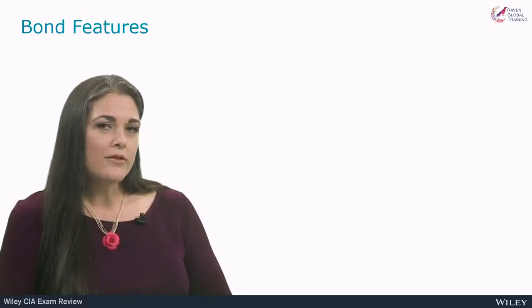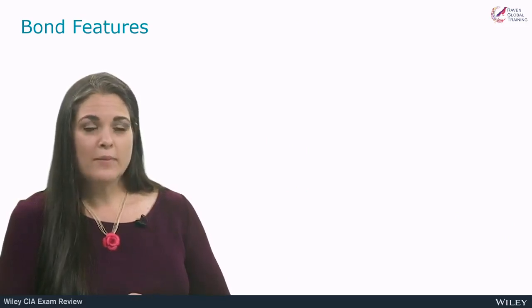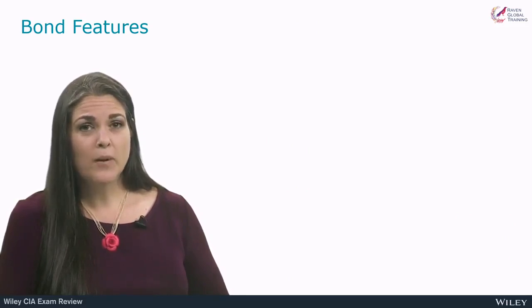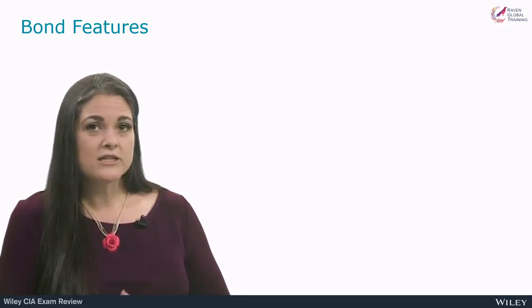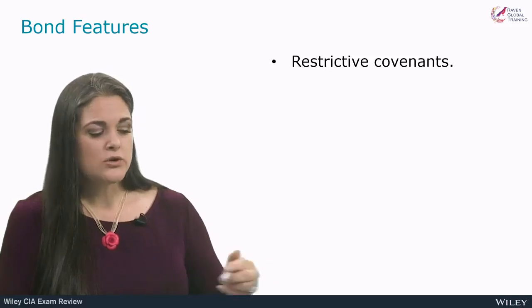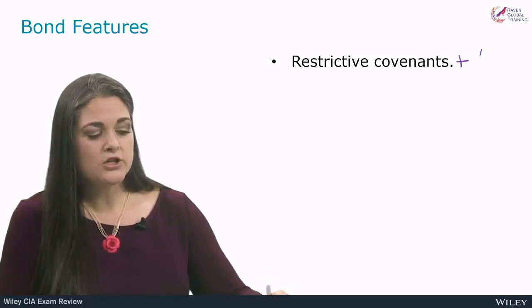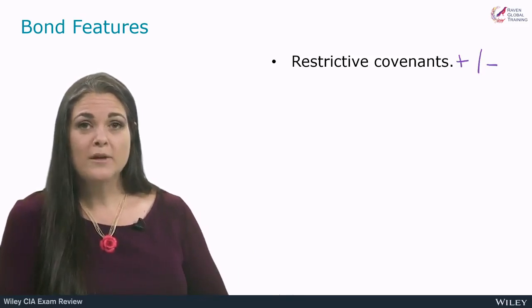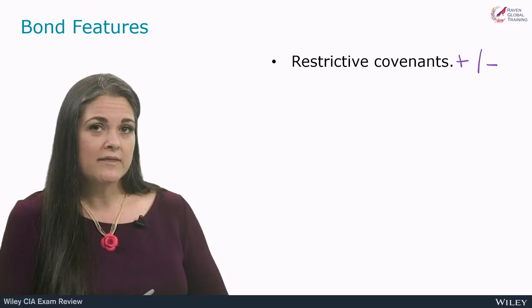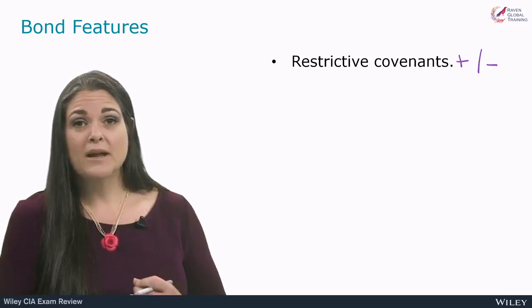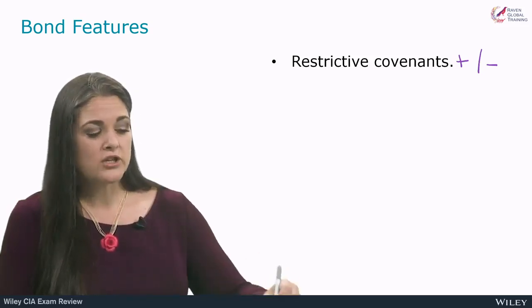There are a couple of other factors that are going to have an impact on the price that a bondholder might pay for a bond. One of those factors is a restrictive covenant. Restrictive covenants may either add to or subtract from the value or price of the bond. A restrictive covenant that is for the interest and benefit of the bondholder would actually increase